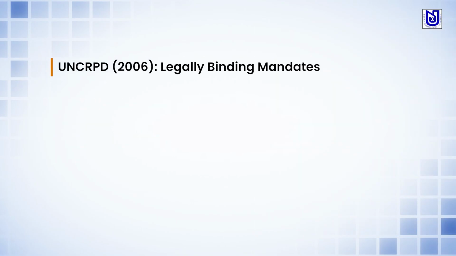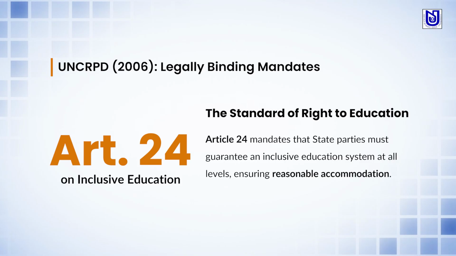in education. Moving further, in 2006, we can talk about the United Nations Convention on the Rights of Persons with Disabilities, or the UN CRPD, which also mandated a legally binding framework on all its signatories. Specifically, Article 24 of the UN CRPD promoted inclusive education. The United Nations Convention on the Rights of Persons with Disabilities represented a monumental paradigm shift from charity-based models to